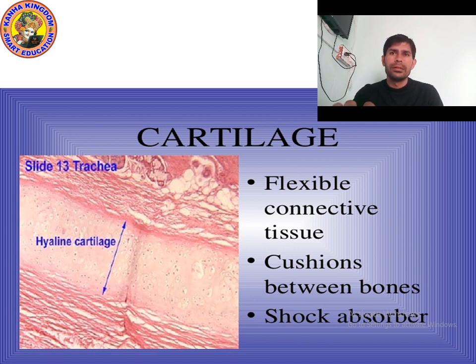It is also found in our pinna, meaning the outer ear, and at the tip of the nose. So remember kids, cartilage is a part of the skeletal system that is not as hard as bone, can be bent easily, and is found in the pinna, nose tip, and between the joints and bones. I hope you understood. Now let's move on to the next point.